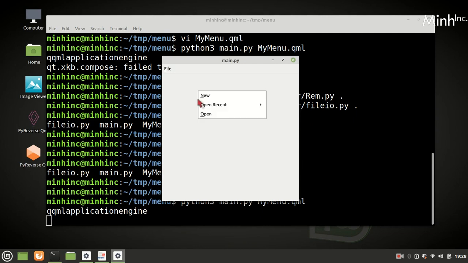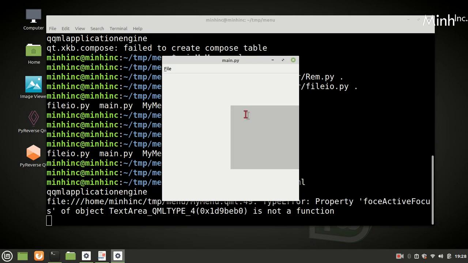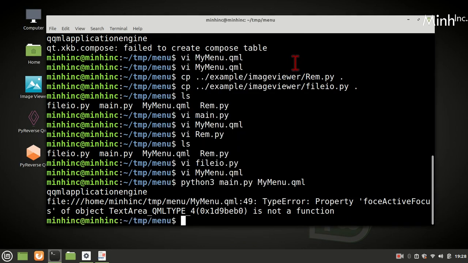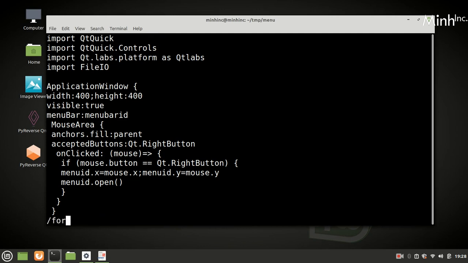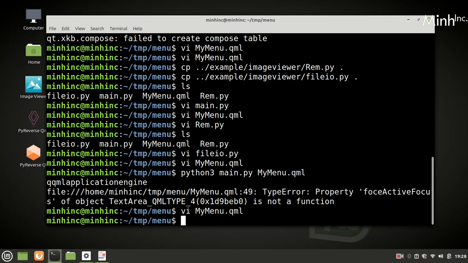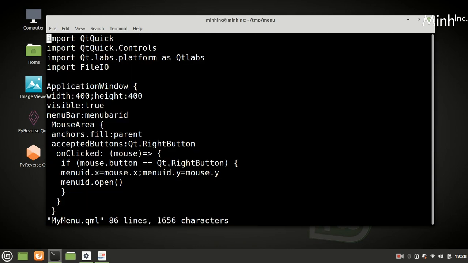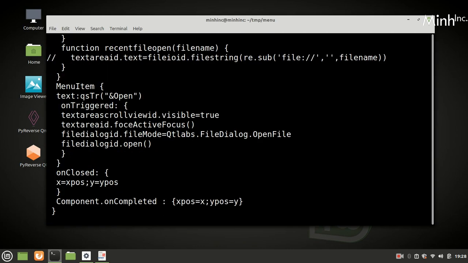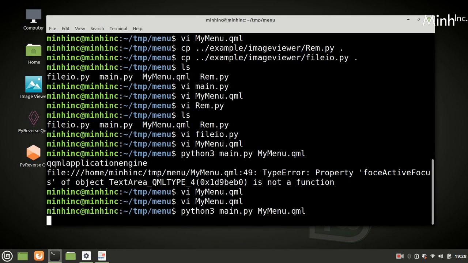Okay, so I am going to say open, force active focus. Okay, force active focus.